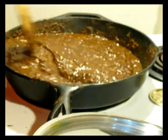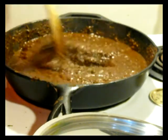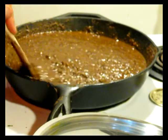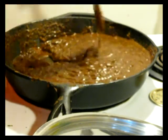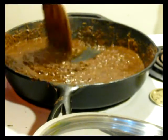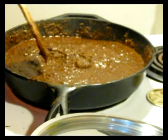So we'll stir in that lemon juice and all those spices that I just added. It's got a really nice flavor to it. Great refried beans. Okay, it's almost stirred in there nicely. Alright, that's about it, and we'll be back in a